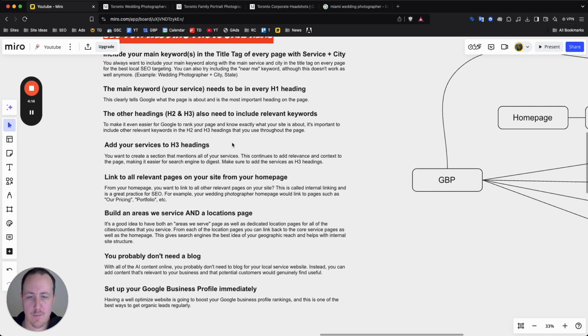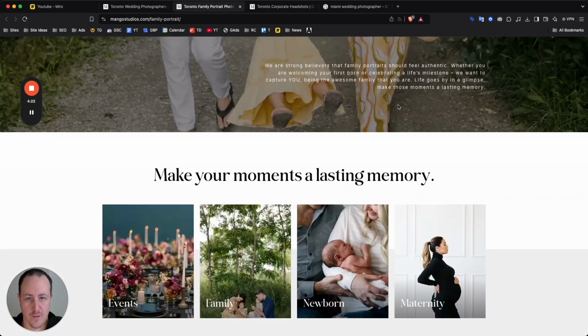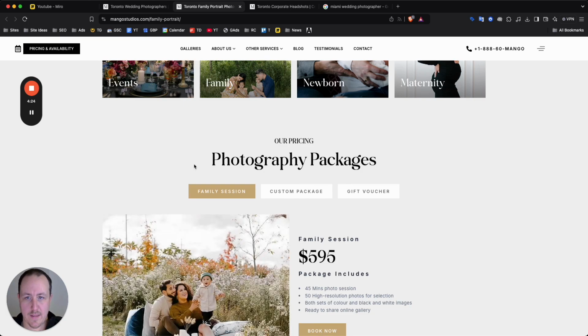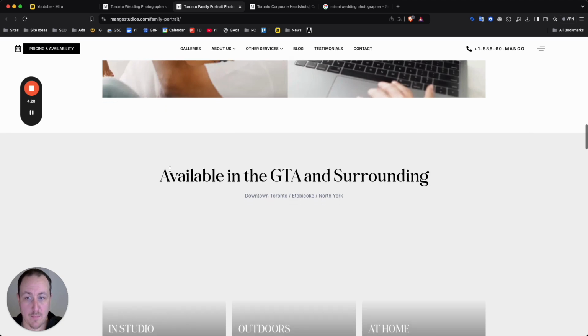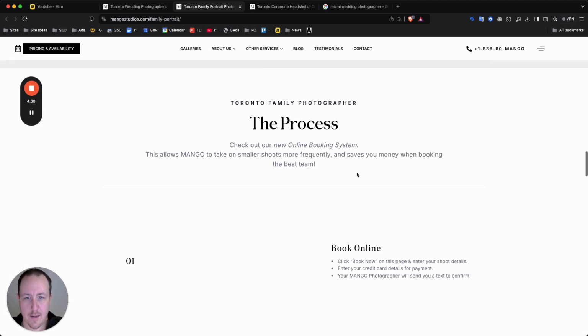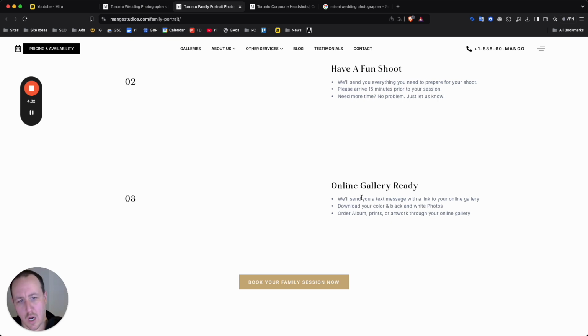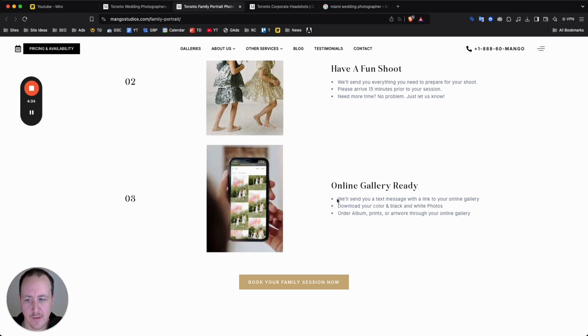And on every page that you have, the headings should include relevant services, relevant features, and relevant factors about your wedding photography business. So if we look here, they do have headlines. The headlines do mention photography packages, booking platform, which doesn't matter, but available in the GTA and surrounding area, the process, online gallery. All of these headings are sending signals to Google that this page is about, in this